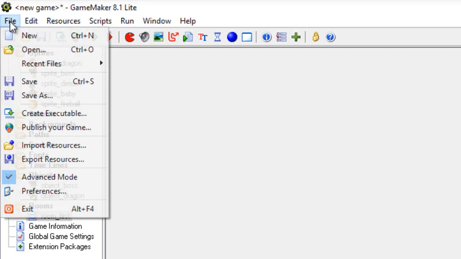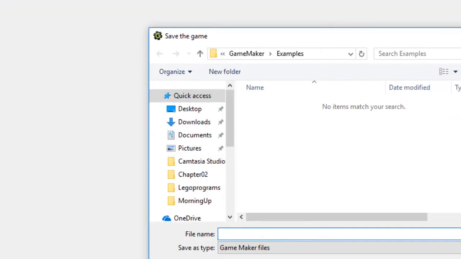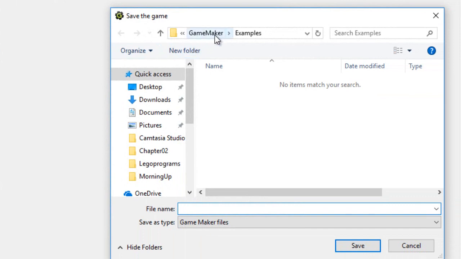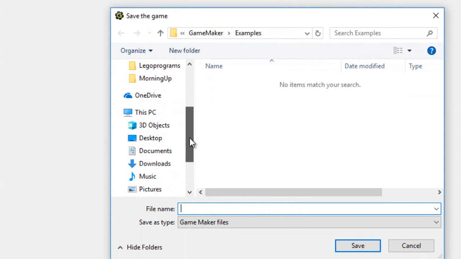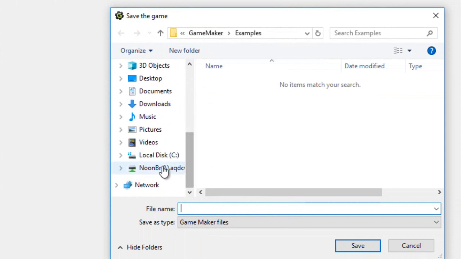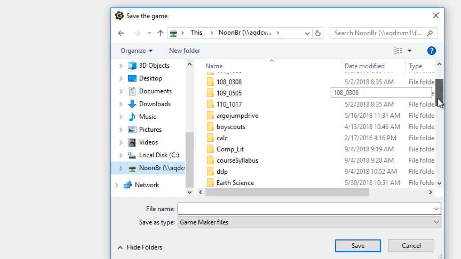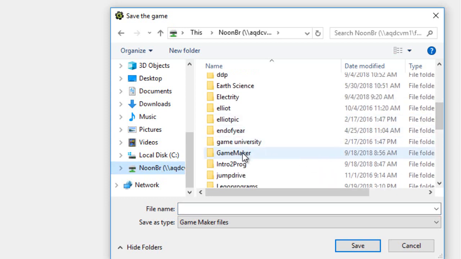So we should save it. So file, save as, and I put it in my folder. You should make sure you put it in your folder for intro to video game design. You should find that. Let's see, Game Maker,